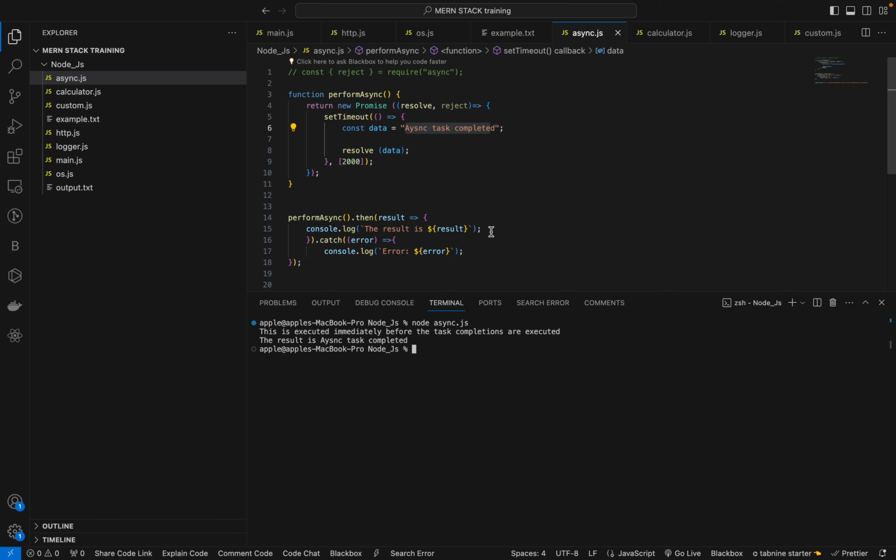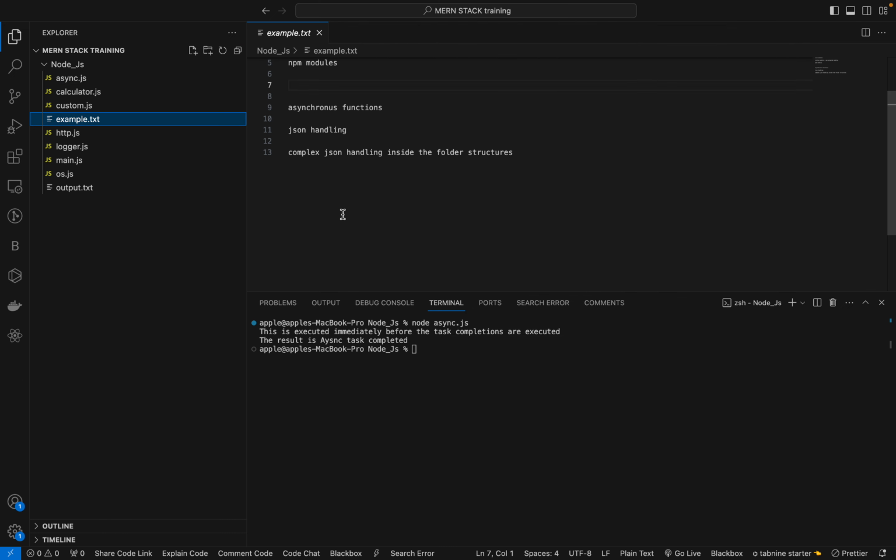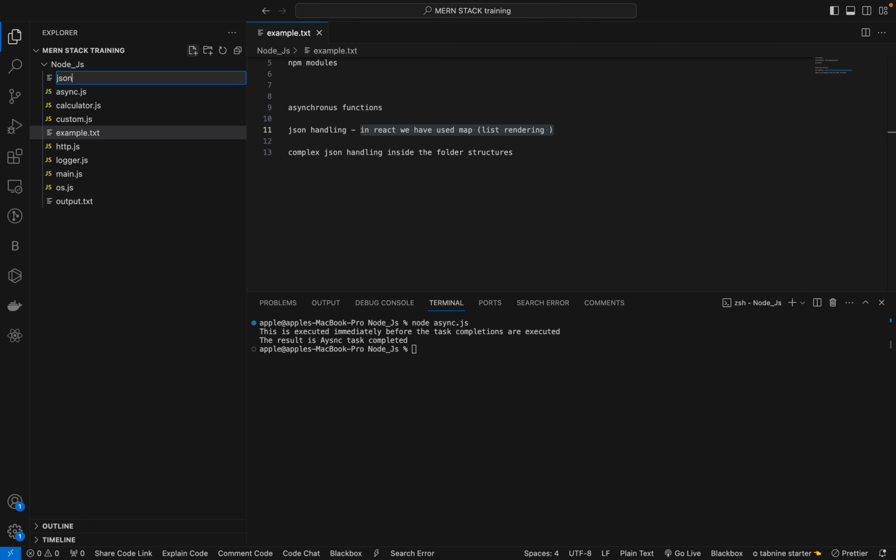So, third topic. Let me close all and open this, and another topic is JSON handling. In React we have used mapping, called list rendering. If you know the concept, list rendering is called mapping. But here in Node we don't have the map. Simply we will call the data with the core modules of JavaScript, meaning Node.js. We will use the thing and we will check it. So let's check with one data,